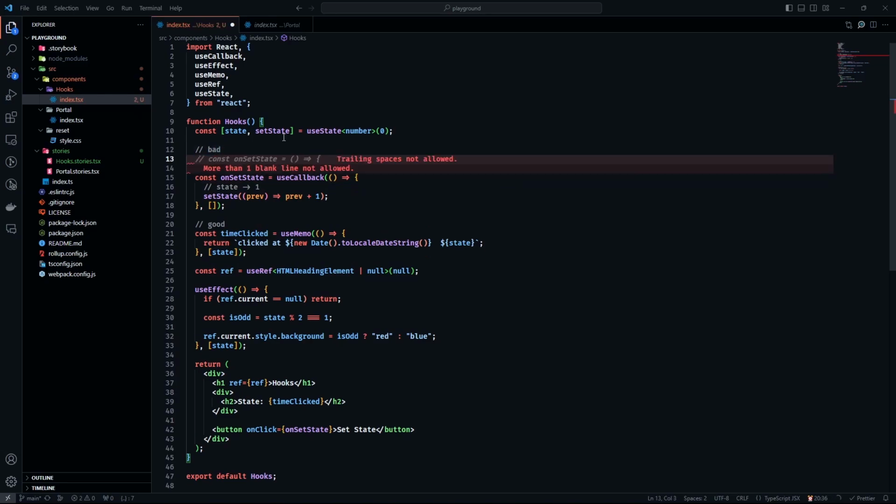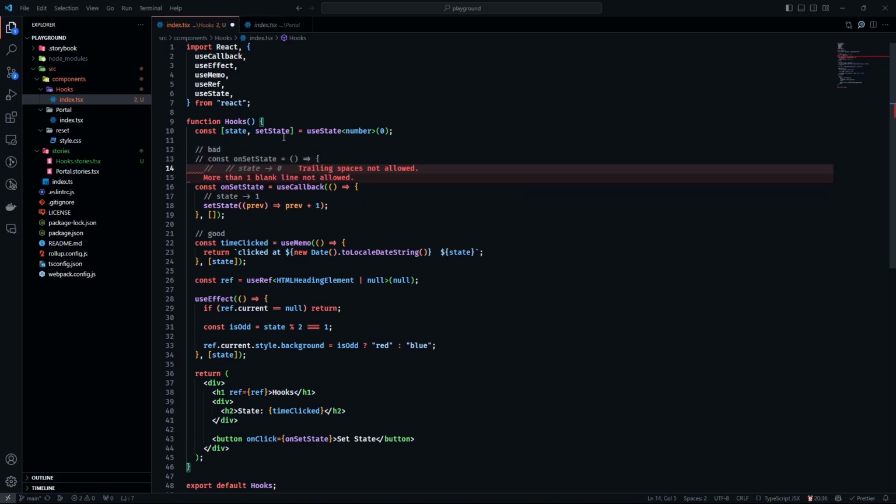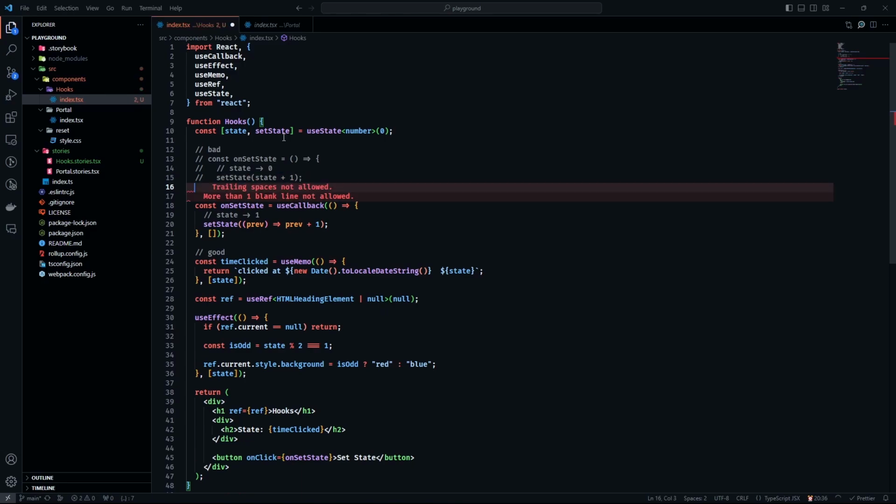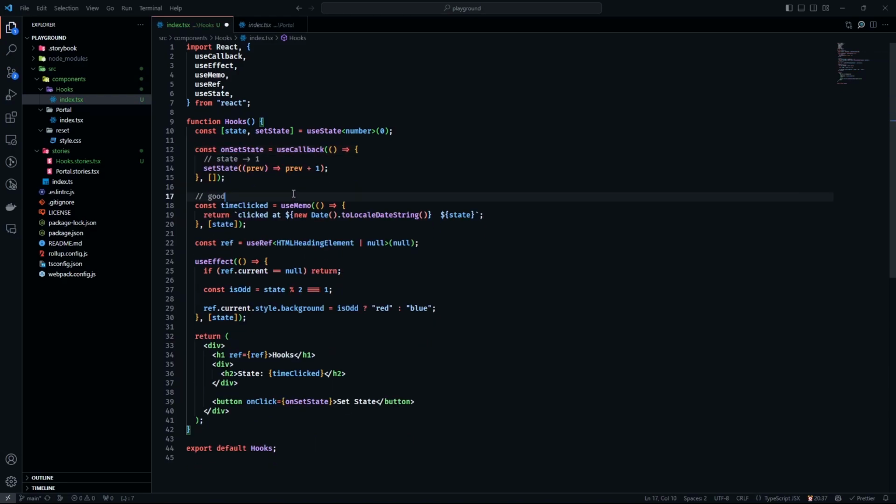Bad, okay, and it is good. It would be really bad, because every time something changes, it would create a new function over and over again, so it makes your code faster. Yes, and here useRef,